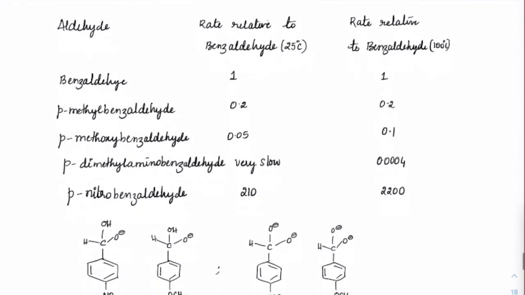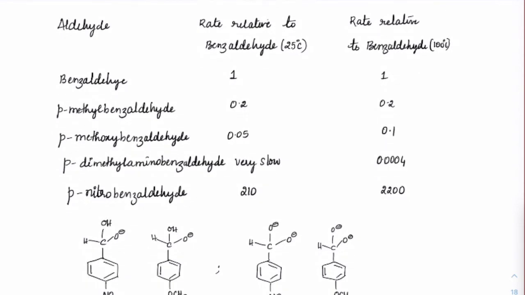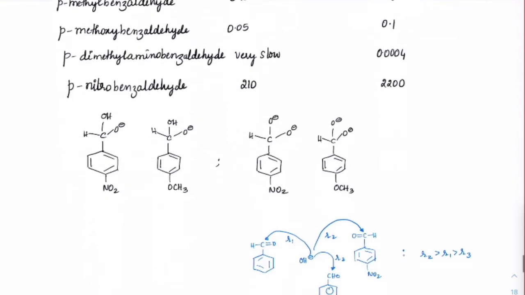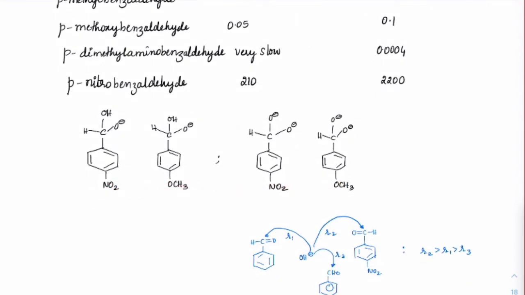Let me clarify, because this is a confusion which students usually have. See this point 0.05, this is showing that the nucleophilic addition is slow when there is a donating species. But suppose you compare the hydride shift nature, that is, which is a better hydride donor. If I compare between these two, which is the better donor, then this will be the better donor. Here, because OCH3 is a donating species, it will push the electrons towards carbon so that hydride can leave very easily.